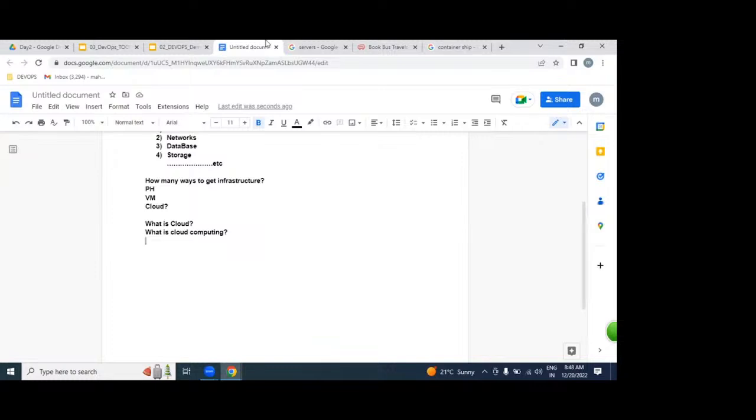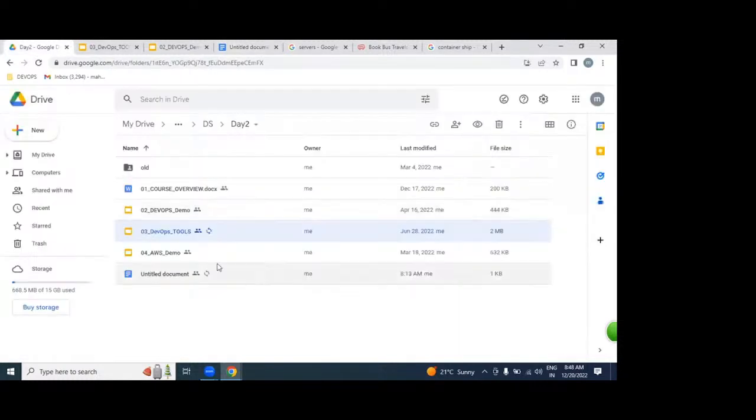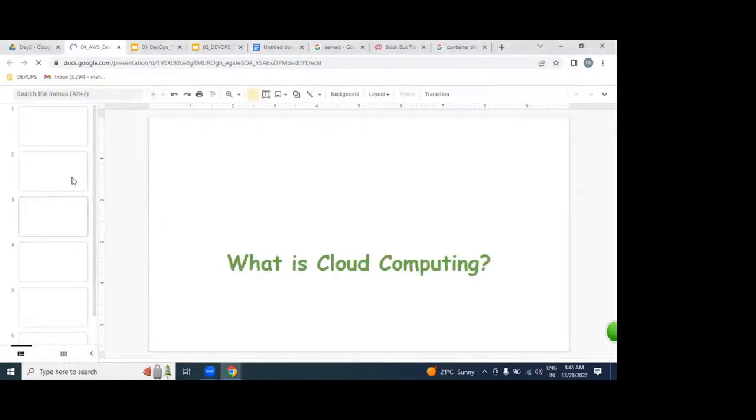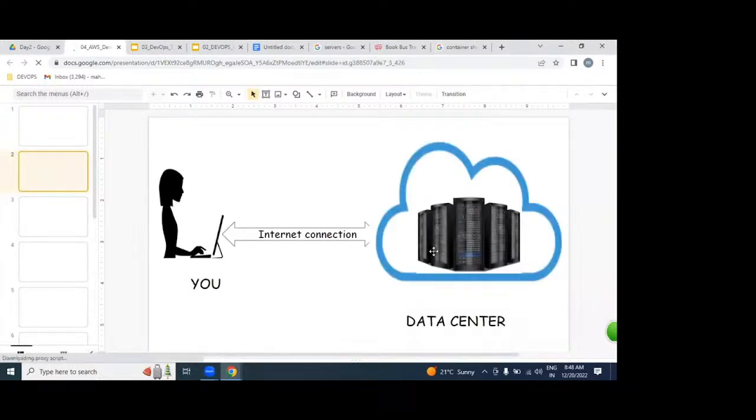Let us discuss what a cloud is. If you can access the remote placed resources over the internet from a laptop, that is nothing but a cloud.